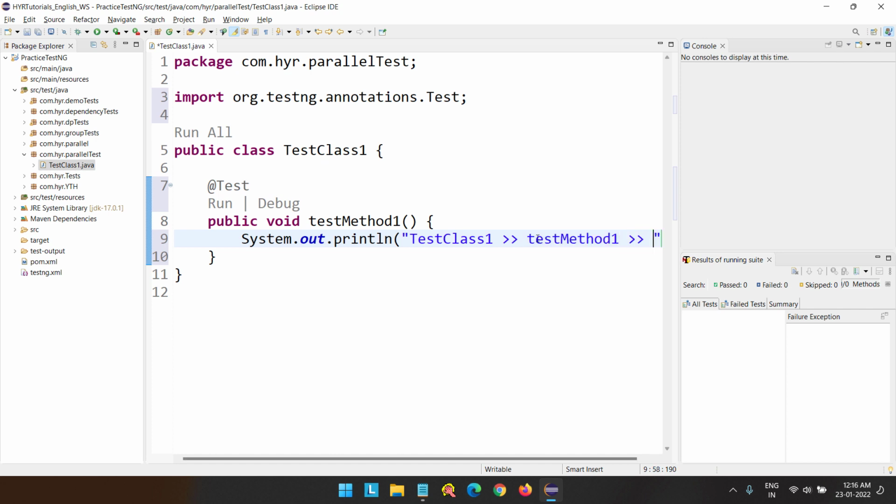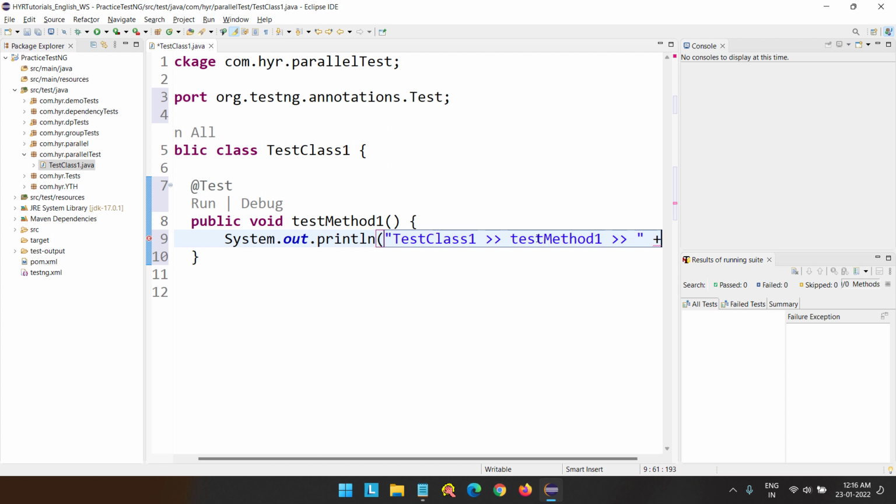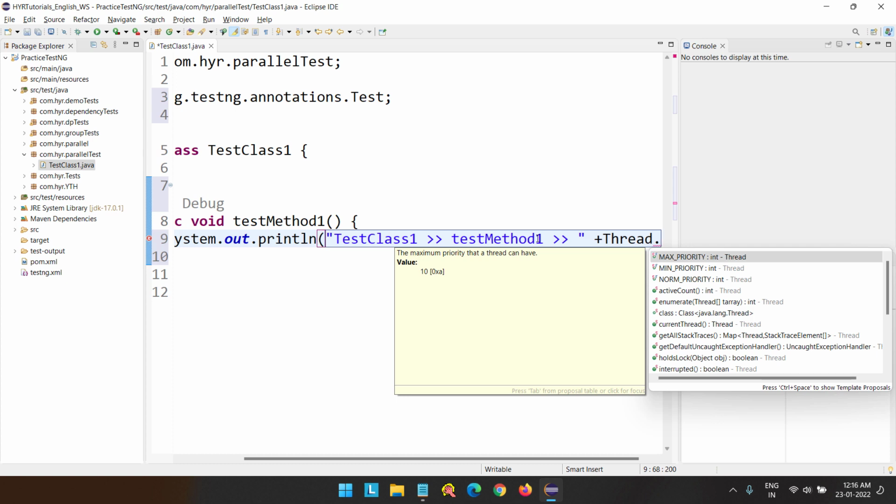And after that, I want to get the thread number. Whenever you are executing any test in Java, every test is going to be executed on some thread. If you are performing any action, not just test case execution, guys, first Java will create one thread for you, and then it will start executing those operations. Even if you try to print hello world in the console. Fine. So let's look at the thread number